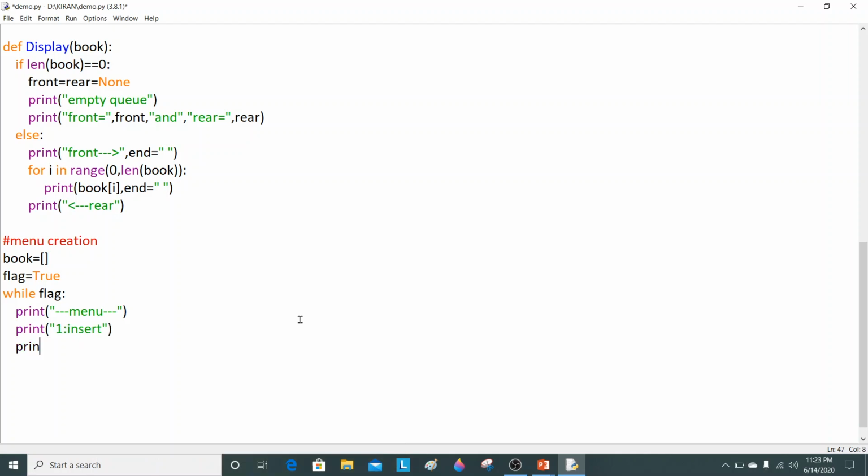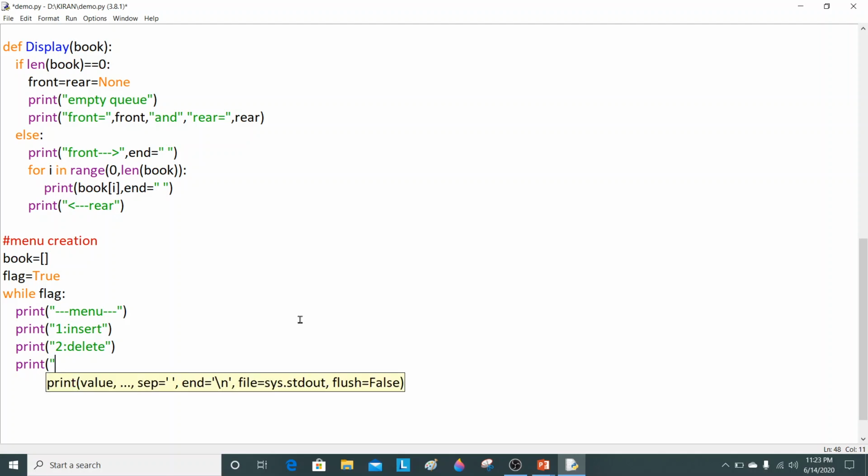Now again print, in double quotations, the second option, that is delete. Now again print, the third option that should display is the display function. Now all these three options will be printed on the screen.